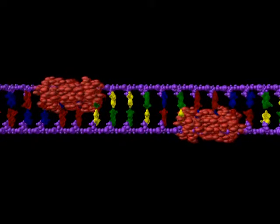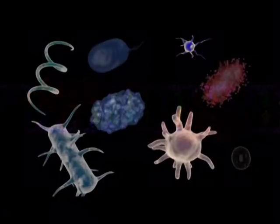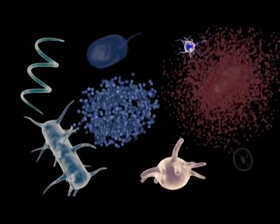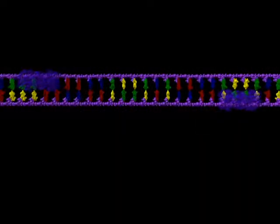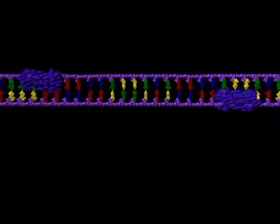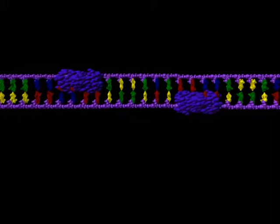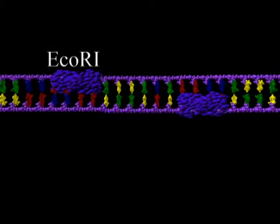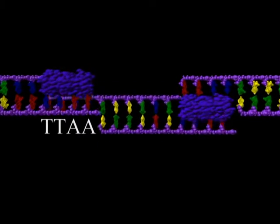The cutting apart of genetic material or DNA is accomplished with the use of what are called restriction enzymes. Many bacteria produce restriction enzymes in order to cut up the DNA of viruses that attack the bacteria. Restriction enzymes recognize and cut DNA at particular sequences. For example, the restriction enzyme scientists call EcoRI always cuts DNA at the nucleotide sequence TTAA, breaking the bonds between